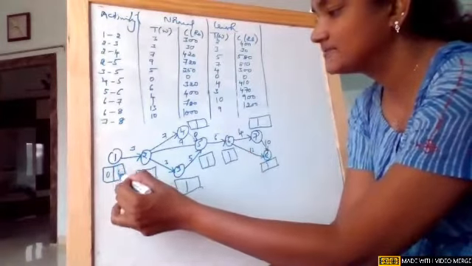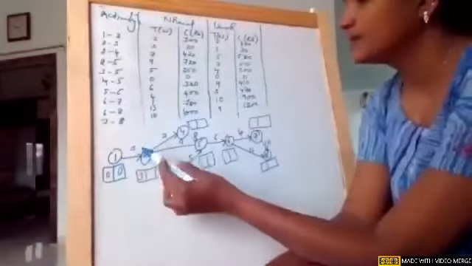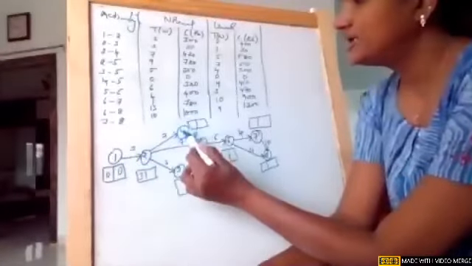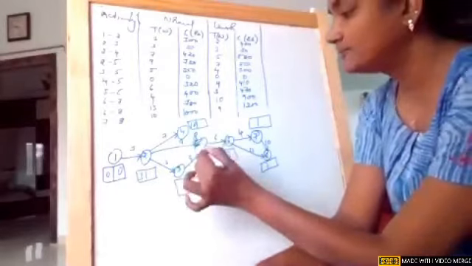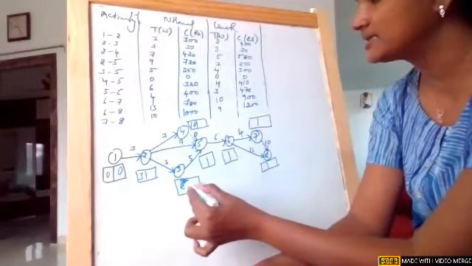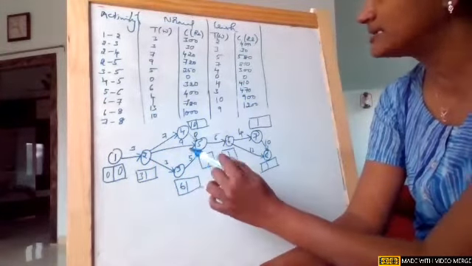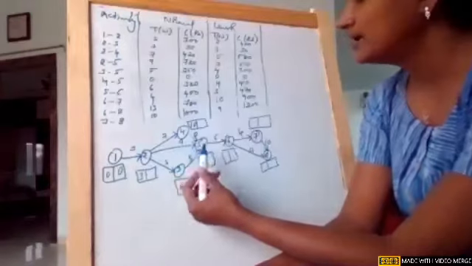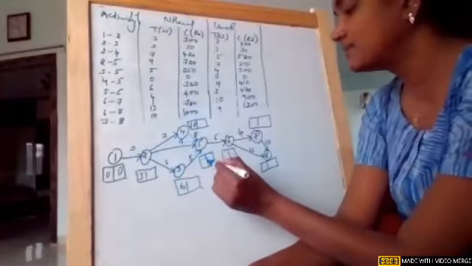As first activity, 0, 0 plus 3 it is 3. Near node 4 it is a single arrowhead, 3 plus 7, 10. Near node 3, single arrowhead, 3 plus 3, 6. Near node 5, 3 arrowheads, see the highest arrowhead. 6 plus 5 is 11, 3 plus 9 is 12, and 7 plus 0, 7. So 12 is the maximum one.